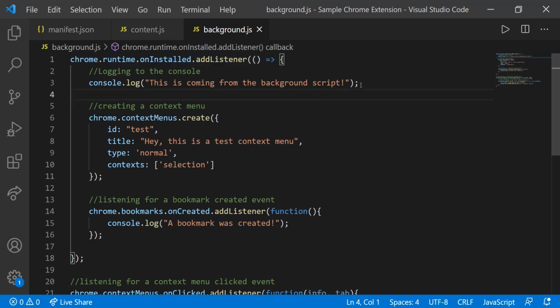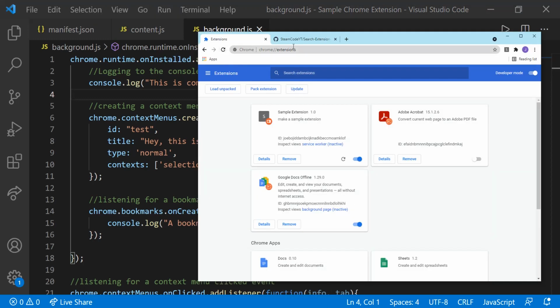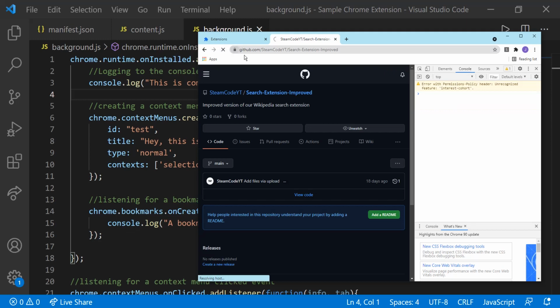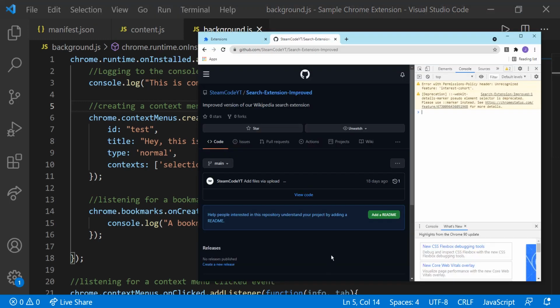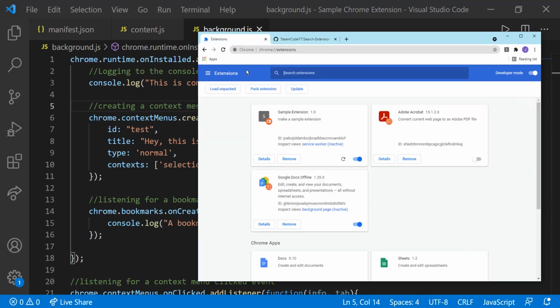So the first thing we need to go over is logging to the console. Whereas in content scripts we logged directly to the console, as you see here, if we reload this, let's look at the console. As you see, there's nothing inside of it, but I said here console.log, this is coming from the background script. The reason is because the background script is not able to directly access the document. So whereas in the content script you're able to actively debug it here in the JavaScript console, with the background script what you need to do is go to your extensions page, then click on the service worker,